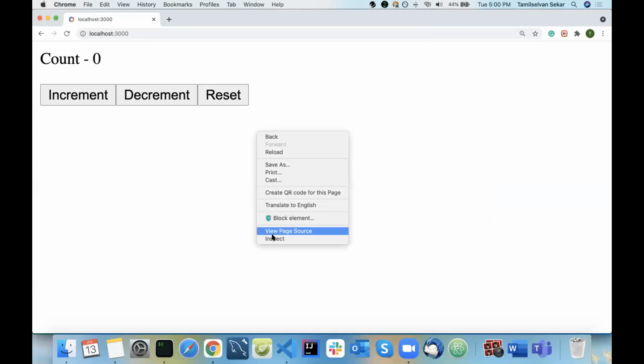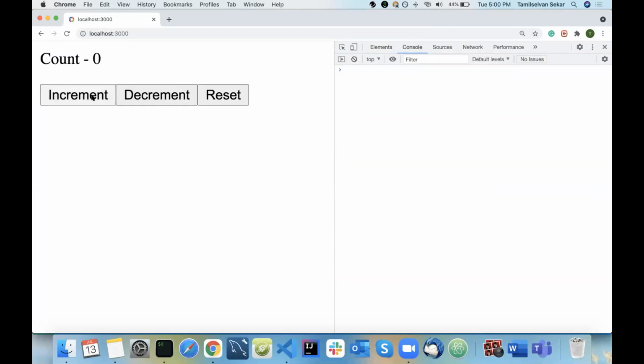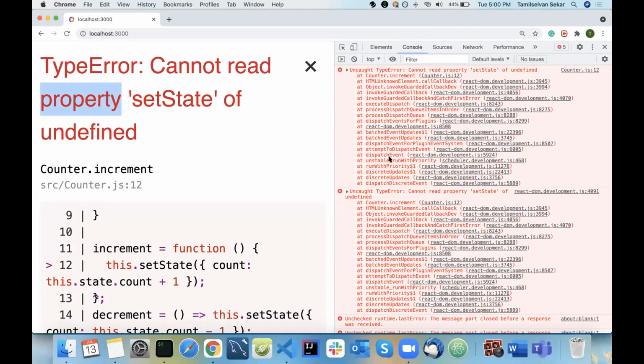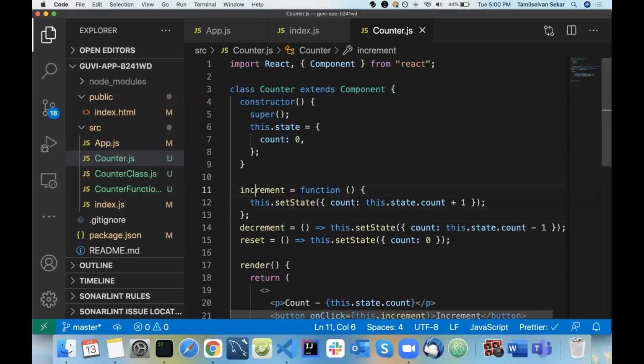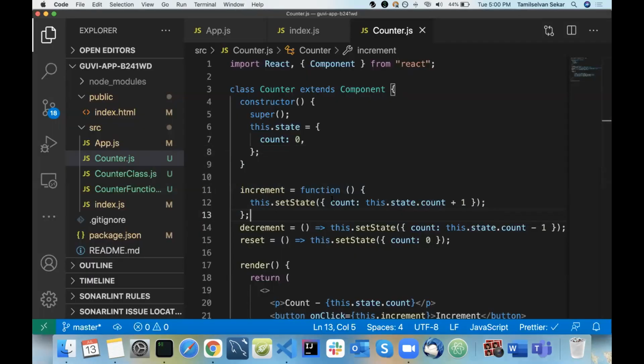I'll inspect here. If I do increment, see, it throws me an error. What is the reason here? I just used a normal function and initially changed the state, but it's throwing an error. If you understand the concept of bind, when I taught JavaScript, I mentioned bind and other things. So what happens here is